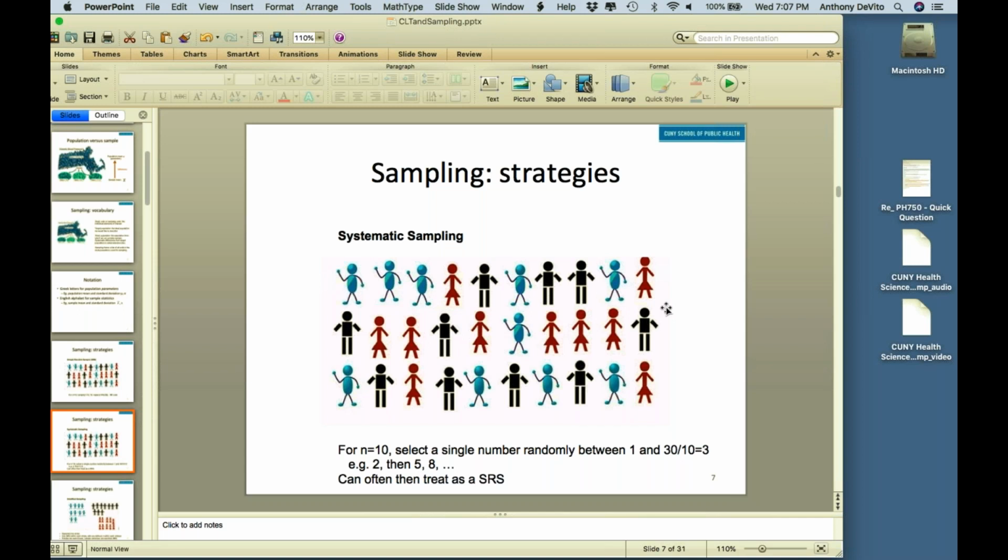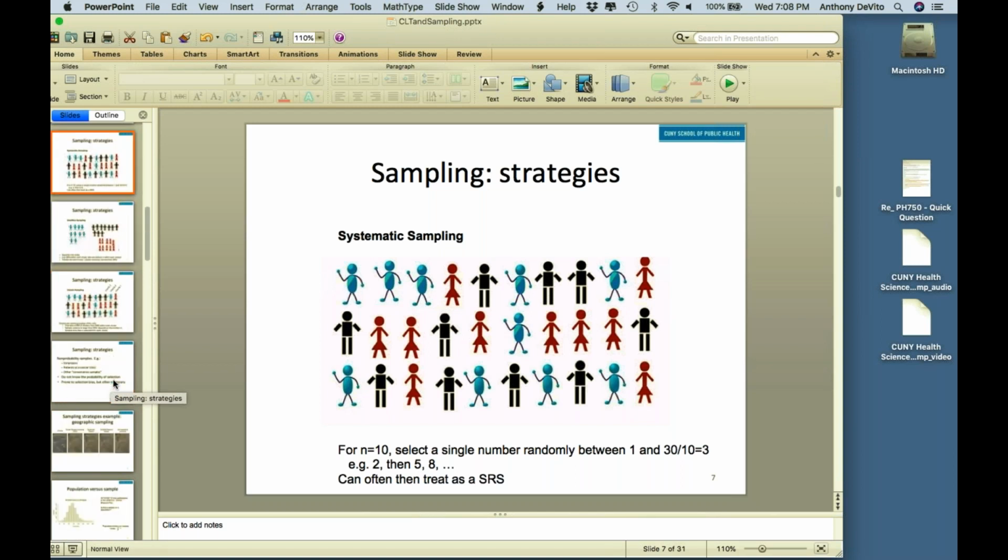The last 4 digits are 0000, and I'm going to pick every 10th person. So the next one might be 0010, sample that person, 0020, sample that person, and so on and so forth. So you could have a systematic strategy, which could also be a relatively random sample as well, especially if you're choosing some strategy for doing it that is essentially random anyway.